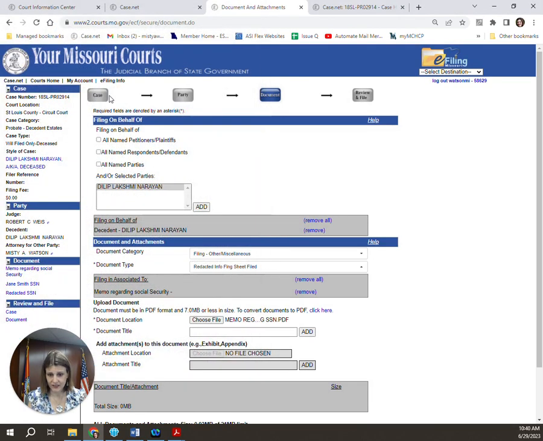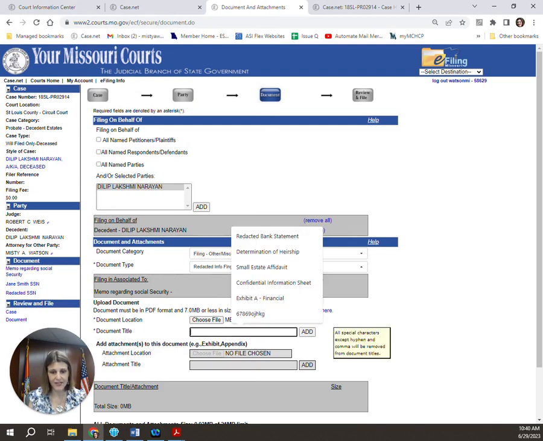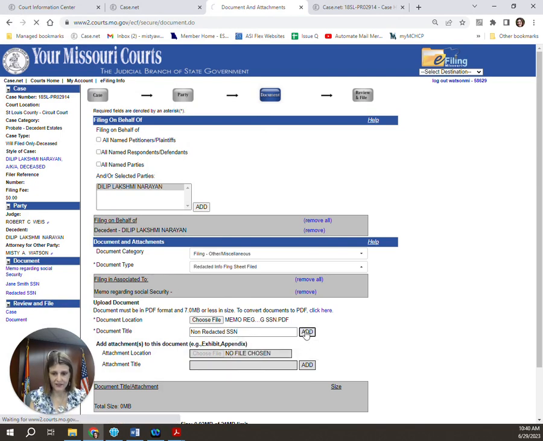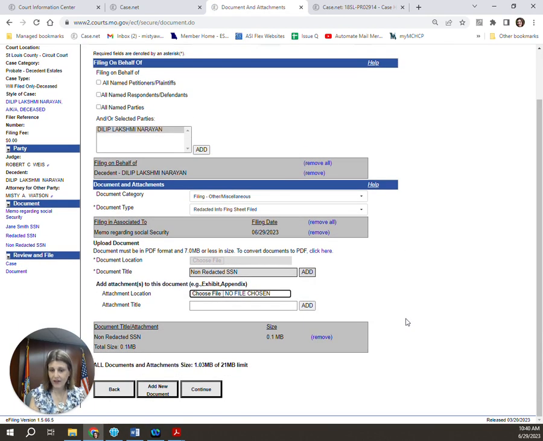Okay. So we chose the redacted version. Now we're choosing the non-redacted version, and we can put non-redacted SSN, okay, and add. So now we have added that document to there. So that is the third way that you can file a document for that. The final way